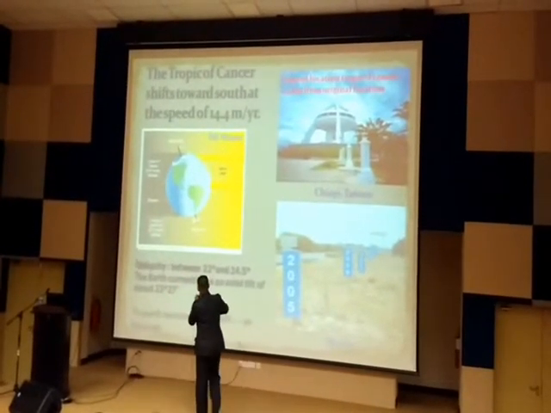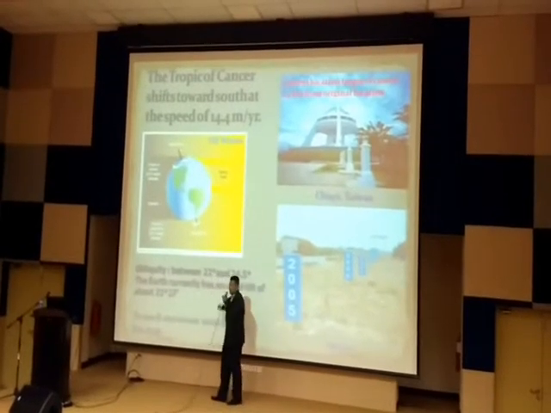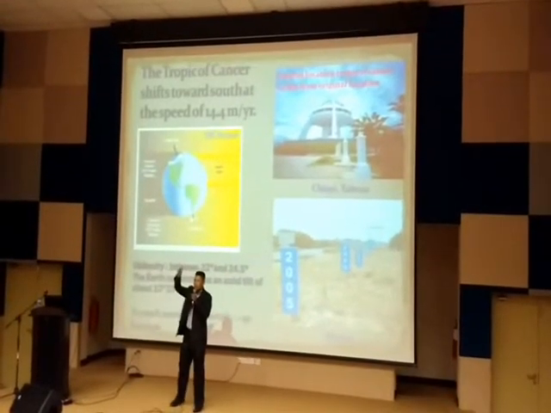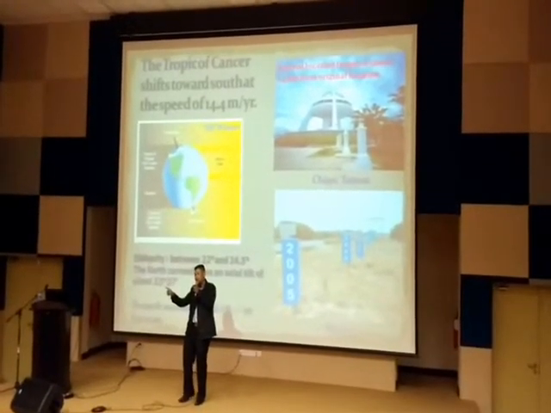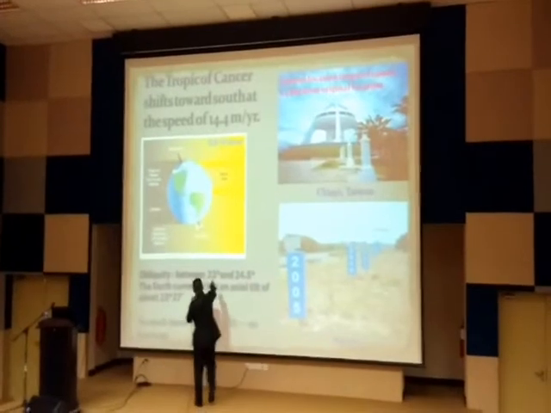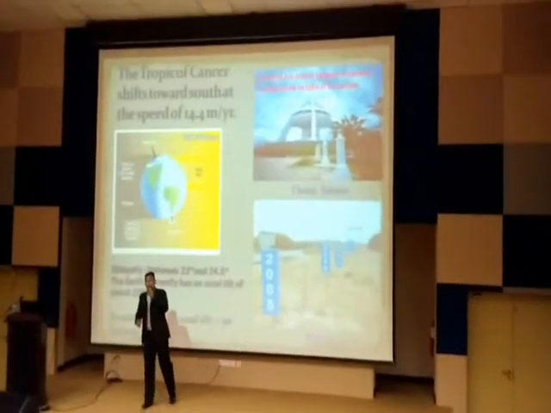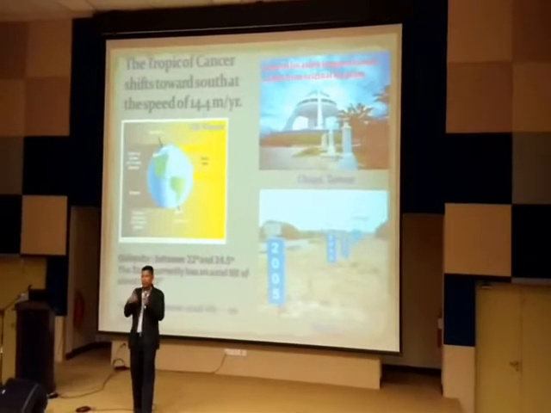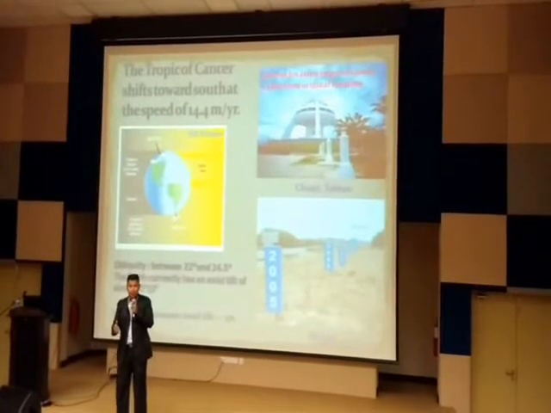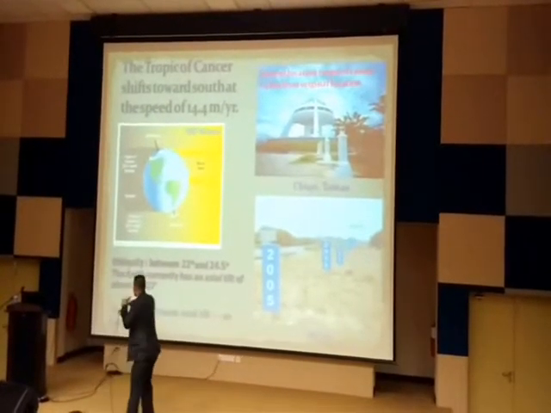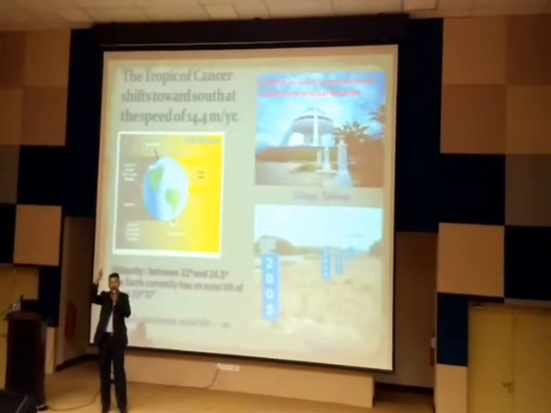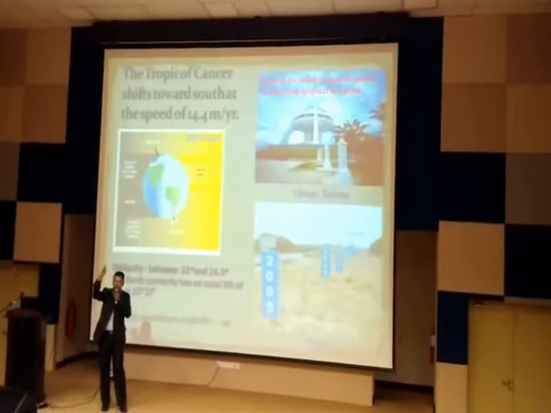It's about here, 24.5. So now it's 23.5, and when it reaches the maximum, it will go back to the minimum tilt at 22 degrees. So I just speculate that this also affects our climate change. Because of what? Can you see here at the part of the North Pole, what happens when the degree becomes larger,